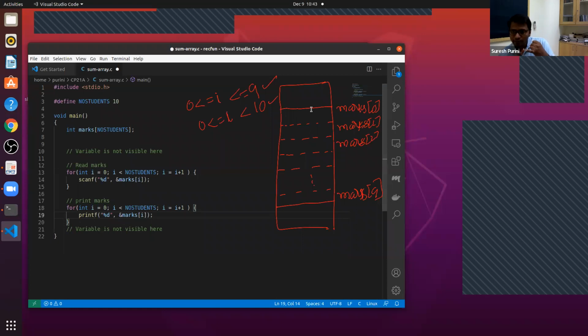It occupies 4 bytes: byte 10, 11, 12, 13. So marks 0 is allocated memory from bytes 10 to 13, and marks 1 will be allocated memory starting from 14. That's all.